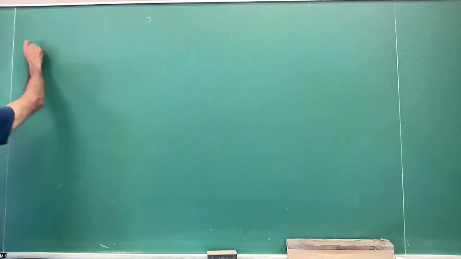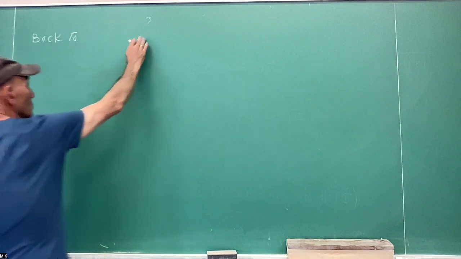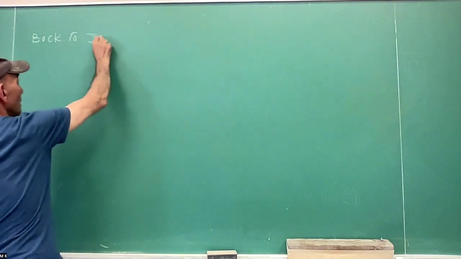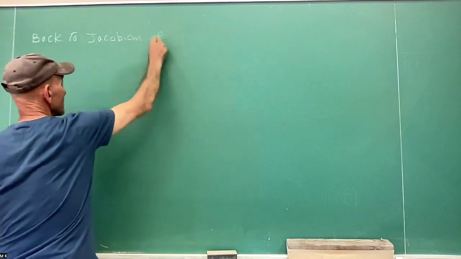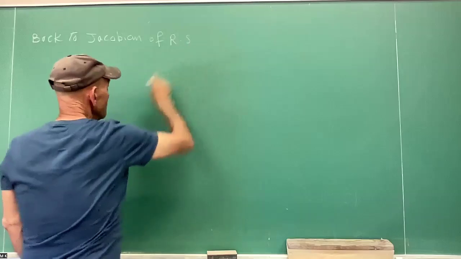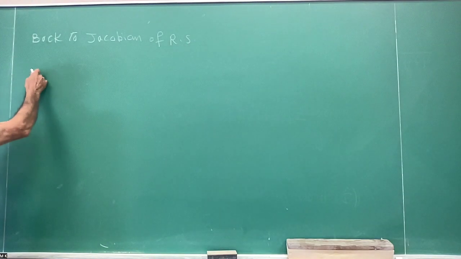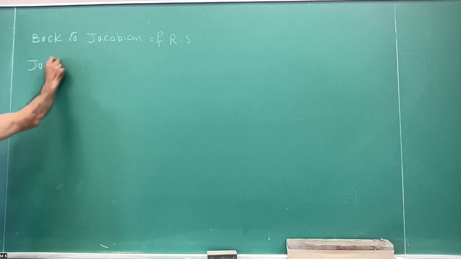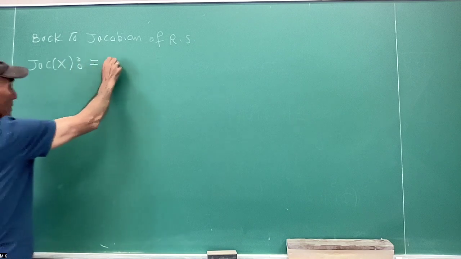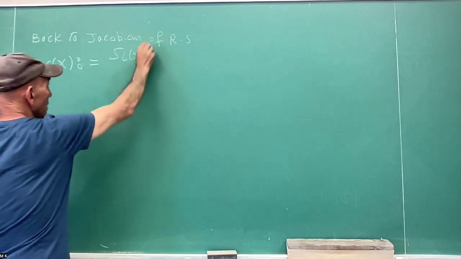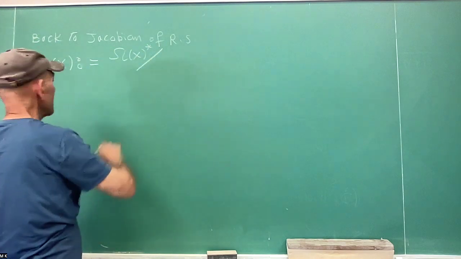So back to the Jacobian of Riemann surfaces. You remember for a compact Riemann surface X, we define the Jacobian of X by definition to be Omega_X star divided by this lattice Gamma,